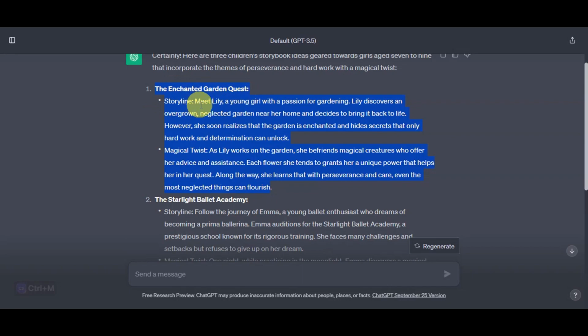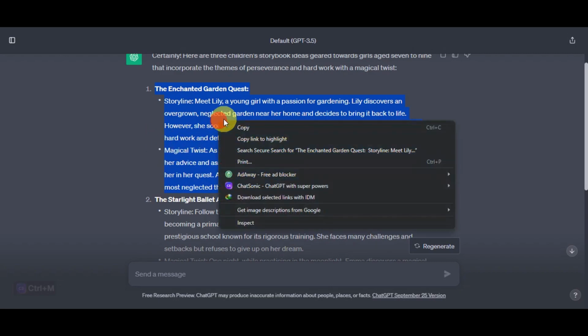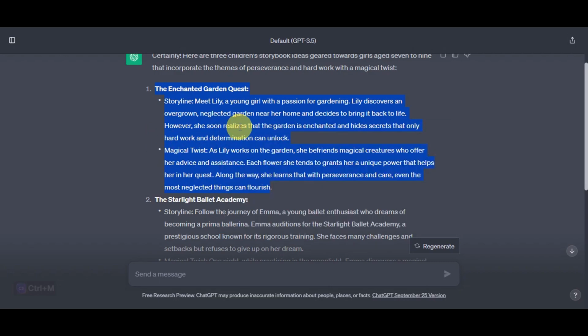So the storyline beat: Lily, a young girl with a passion for gardening. Then Lily discovers an overgrown, neglected garden near her home and decides to bring it back to life. However, she soon realizes that the garden is enchanted and hides secrets that only hard work and determination can unlock. So as you can see, there is also a magical twist in here. Let's just go ahead and copy that one out, since onto this next step,